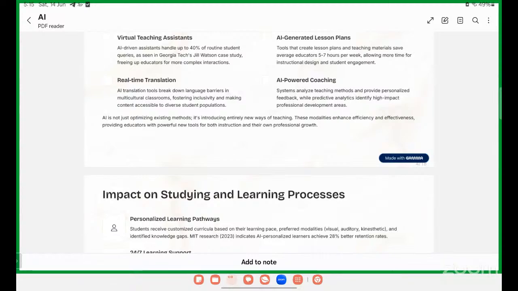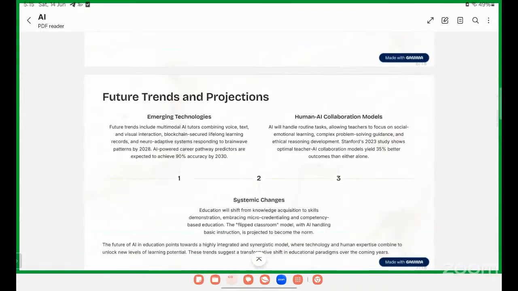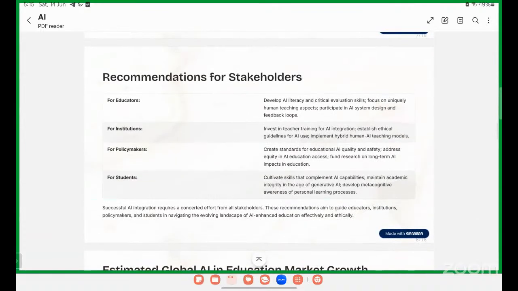How can we use different types of digital tools in our education, so it makes understanding easier, teaching maths and for the students also. And the recommendations, what we recommend for the institute, policymakers, students, and educators.